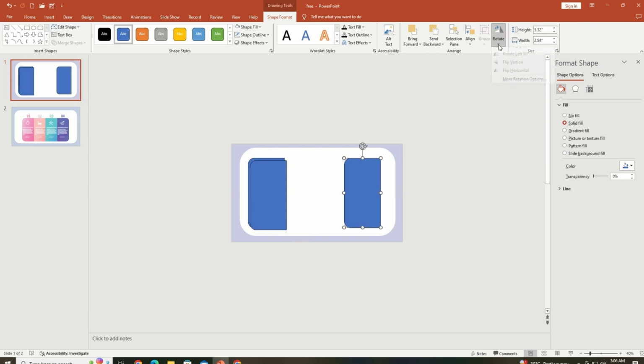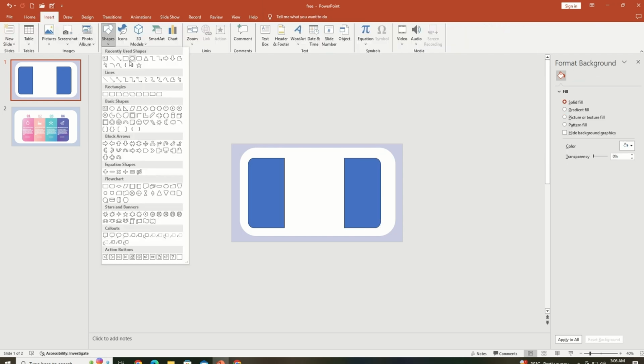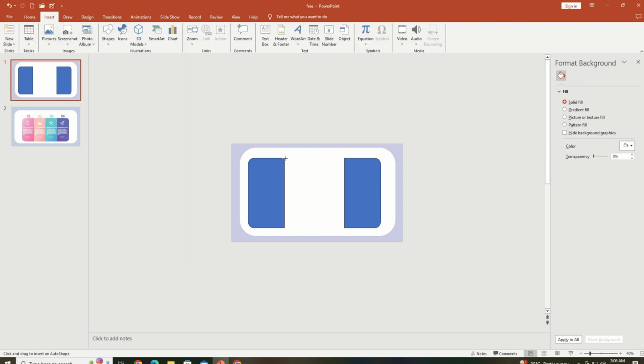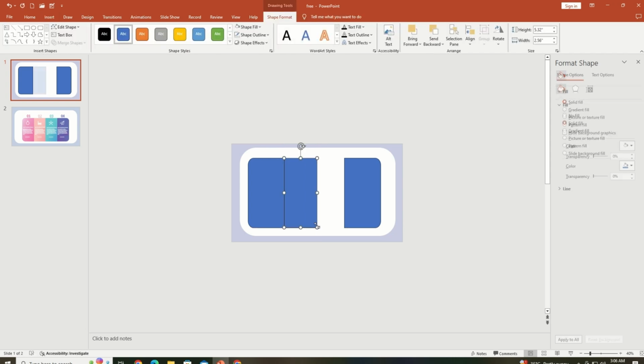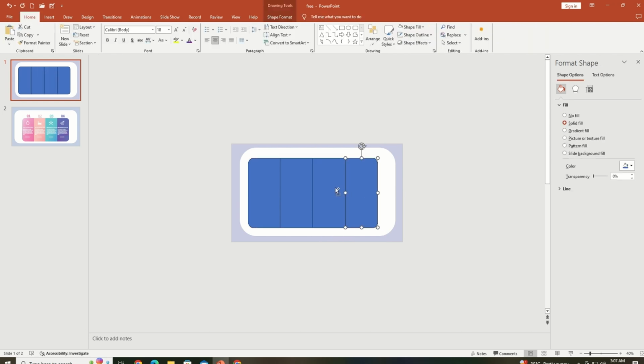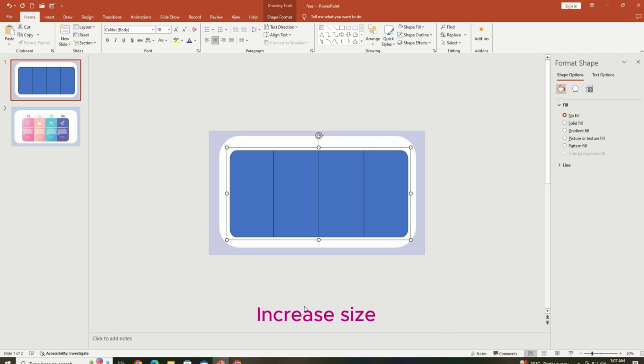Move this one right here and rotate it like this. Now add a shape which is a rectangle right here. In between these two shapes, duplicate it and put the other one in between the shape as well. Now you have to select all of them and press Ctrl G to group them. Decrease their size. There you go. Now ungroup them